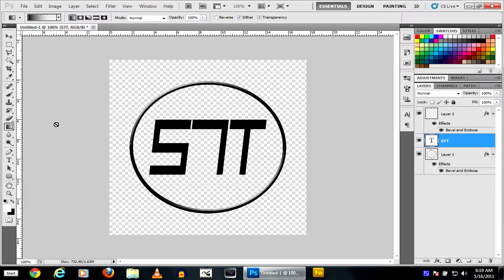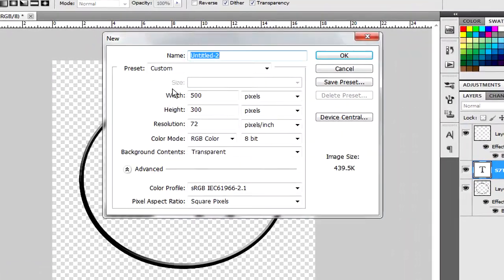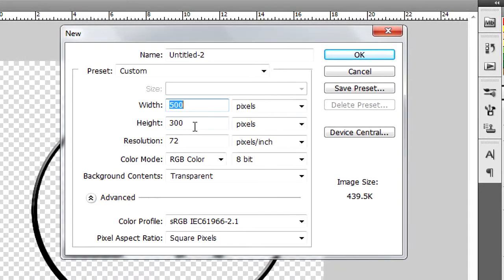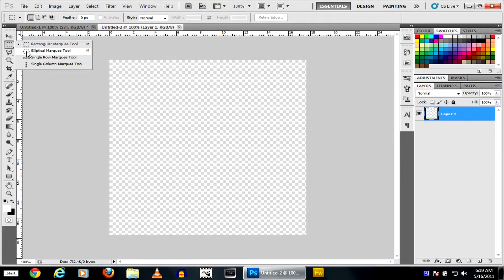So let's go ahead and create the logo first by going to File, New, and selecting 500 as the width and 500 as the height, and making sure our background contents is transparent. Let's hit OK. Now let's select our elliptical marquee tool right here and create a big circle,